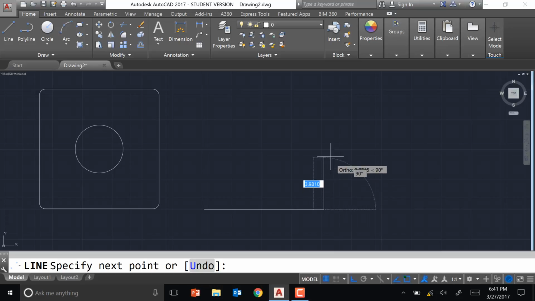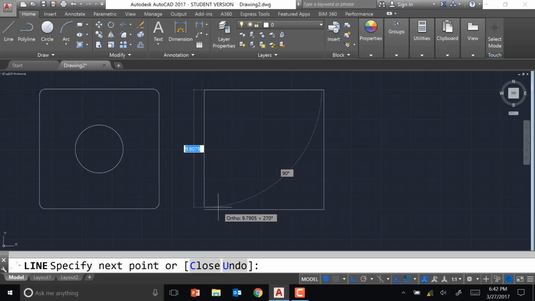So now I want to go vertical a distance of 10, and I can enter 10. One of the things that you'll find in AutoCAD that makes things a lot easier, instead of using the enter key, is that when you draw, use the space bar with your left hand, if you're using the mouse with your right hand, to control enter, and the escape key to get out of commands. So I hit 10, I hit the space bar, I move over, I type 10, I hit the space bar, and then I can close this